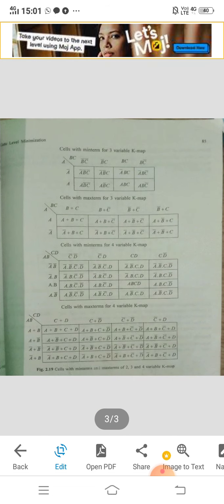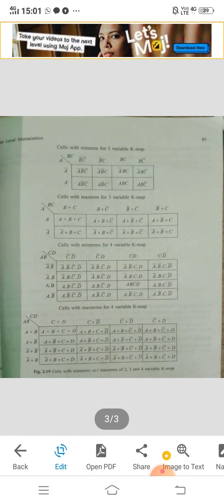Next, that was 2 variables. For 3 variables, I will discuss only min terms; max terms I will discuss in POS. Today I will discuss only SOP. So here for 3 variables A, B, C, as we wrote 0 1 0 0 0 1 1 1 1 0, just put the variable name in place of 0 with a bar, and in place of 1 just put the variable as it is.